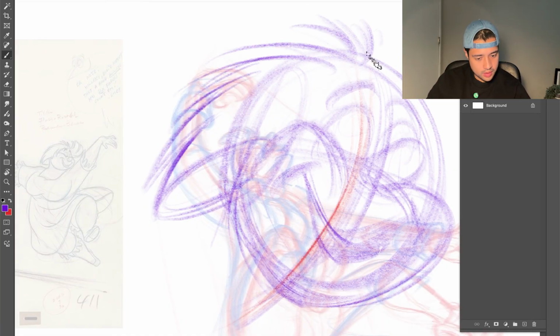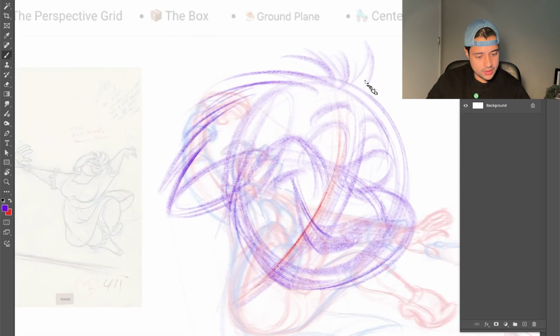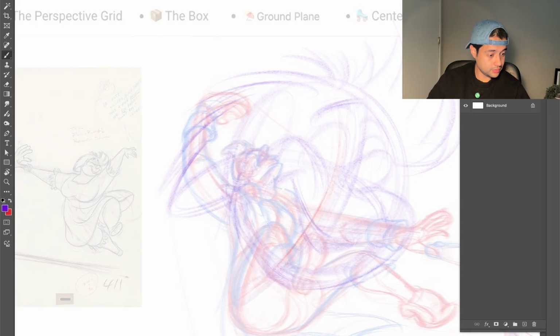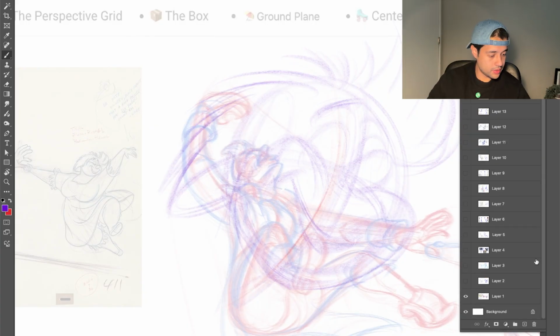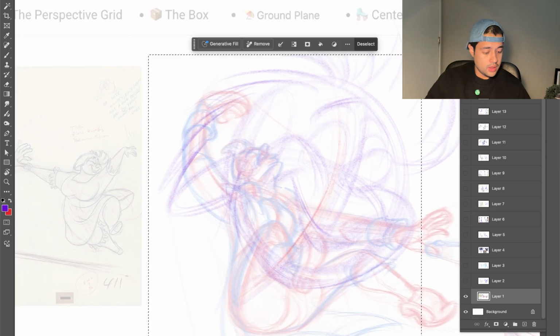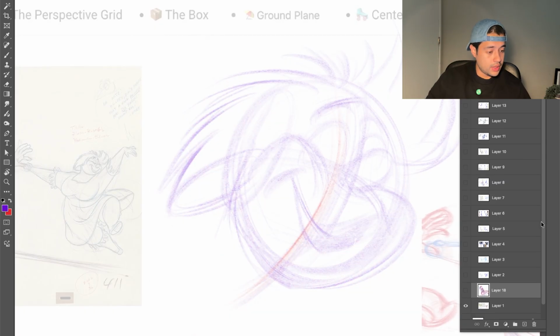And then here we have all of this like this. So I'm doing a rough pass of all the gesture that I feel on this character. On top of this, I can totally lower the opacity. Let me get rid of this dude for a second. Awesome. And then on top of this, I can create a new layer and start working on the